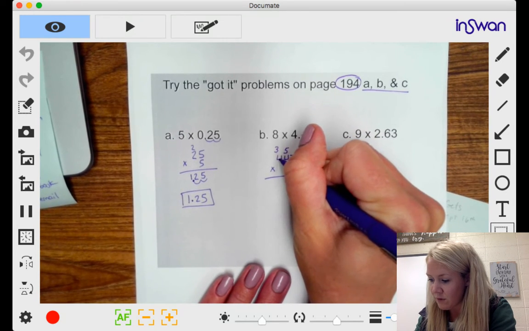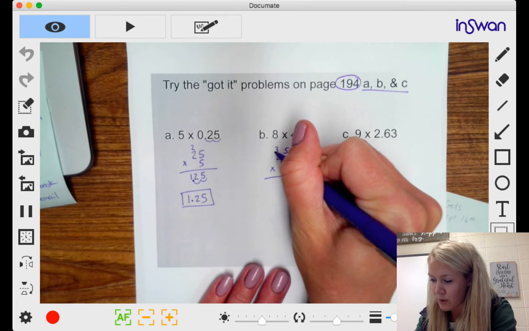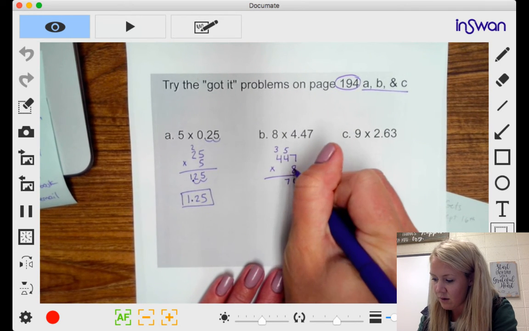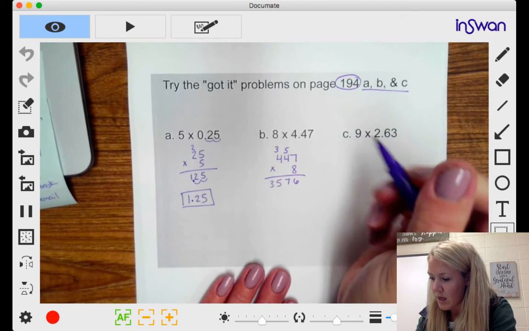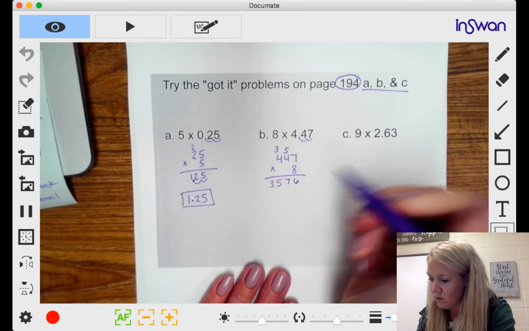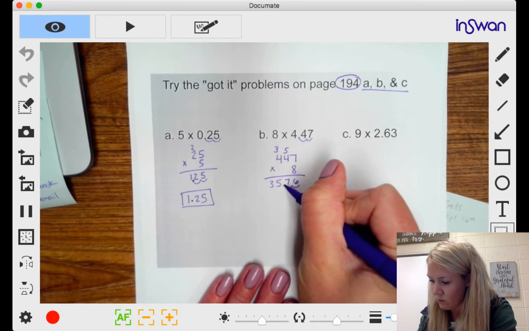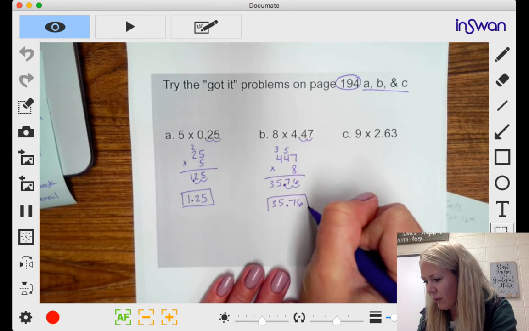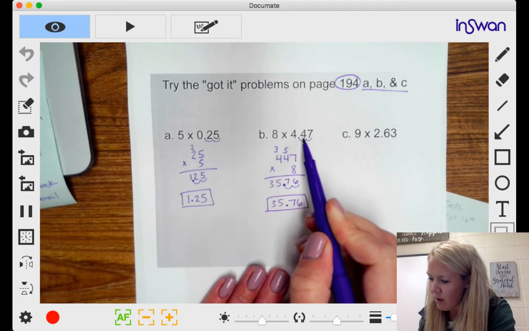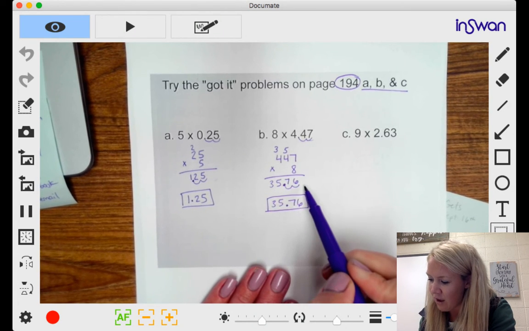8 times 4 is 32. And I have 3 more that I'm adding on to there. So 32, 3 more is 35. And then I had 1, 2, 1, 2. So 35.76. A point I should have made probably earlier is I'm counting my decimal places, and I always work my